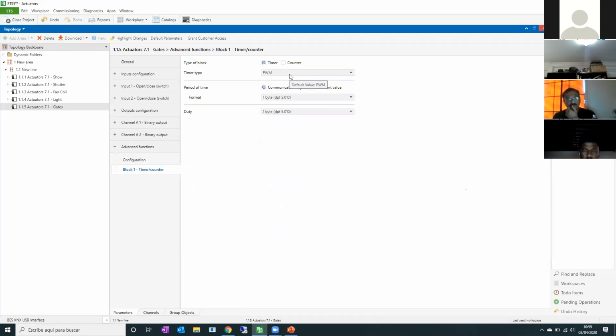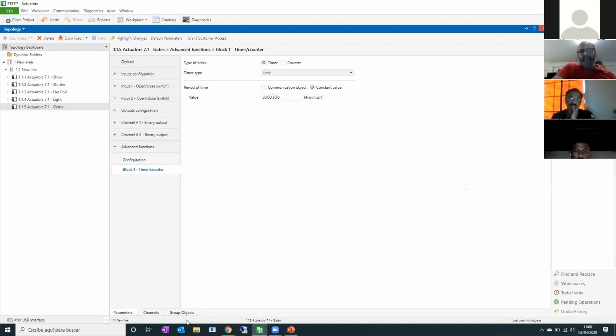Okay, timer, limit timer, a constant value of 30 seconds, and activate that timer each time the light turns on. So if you turn on the light from a scene,